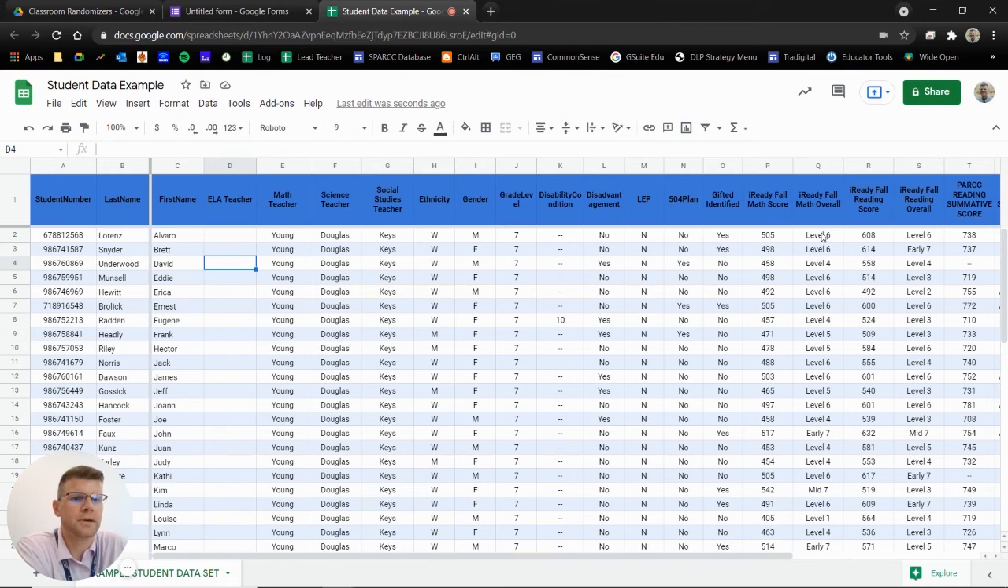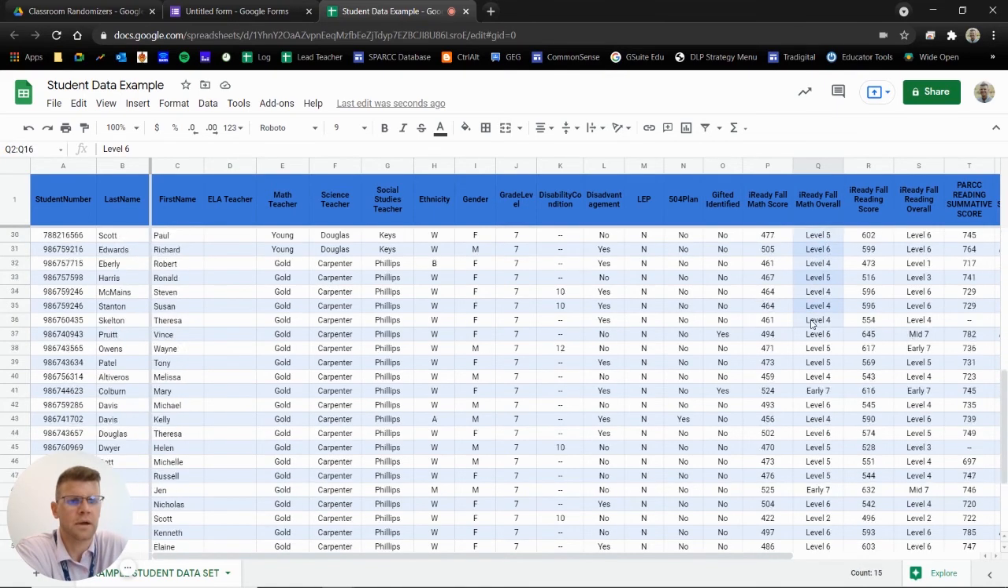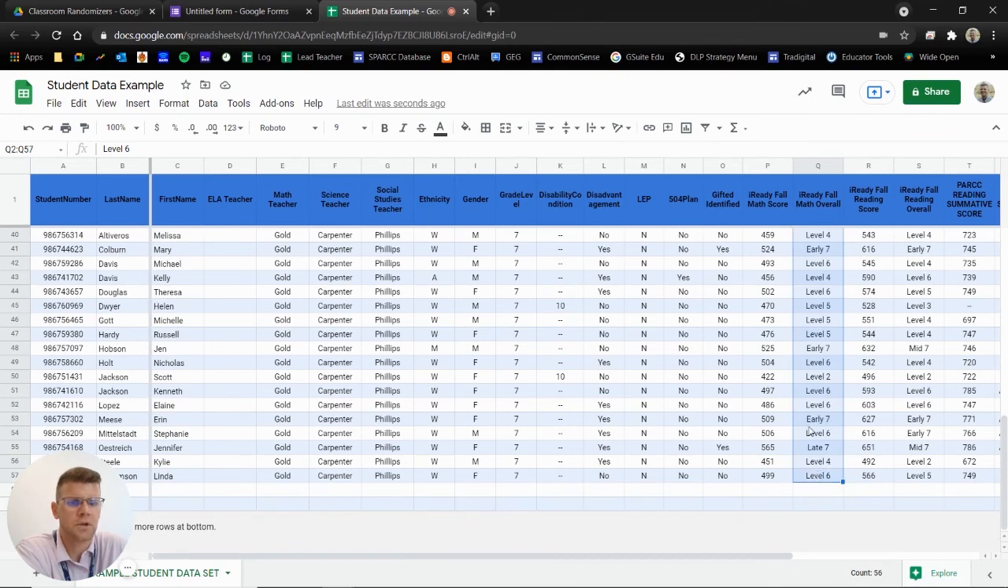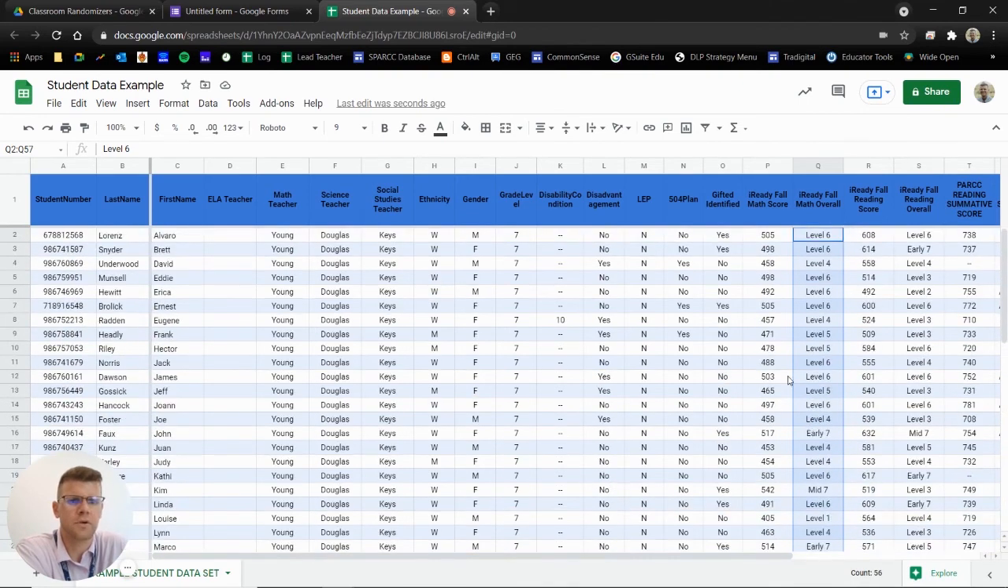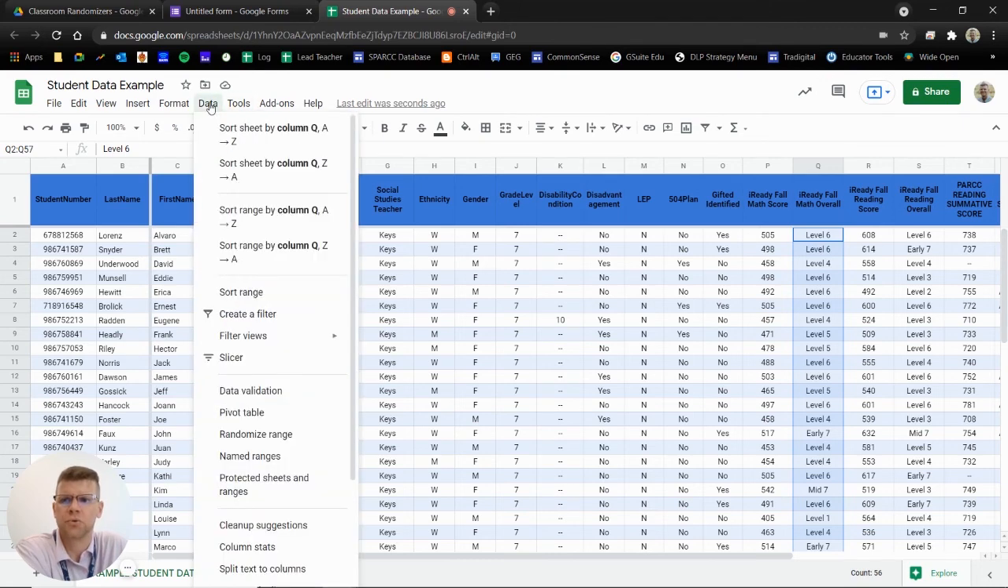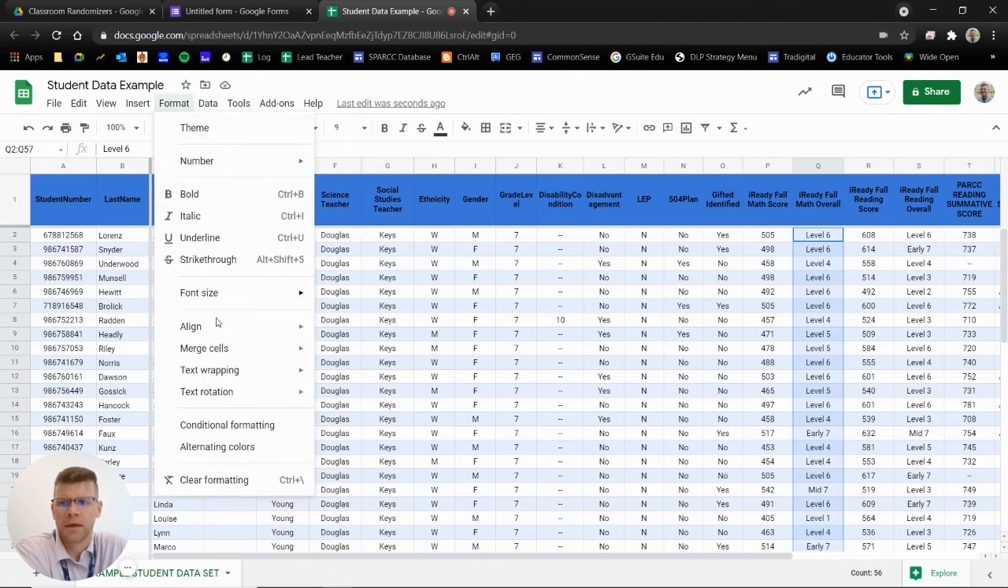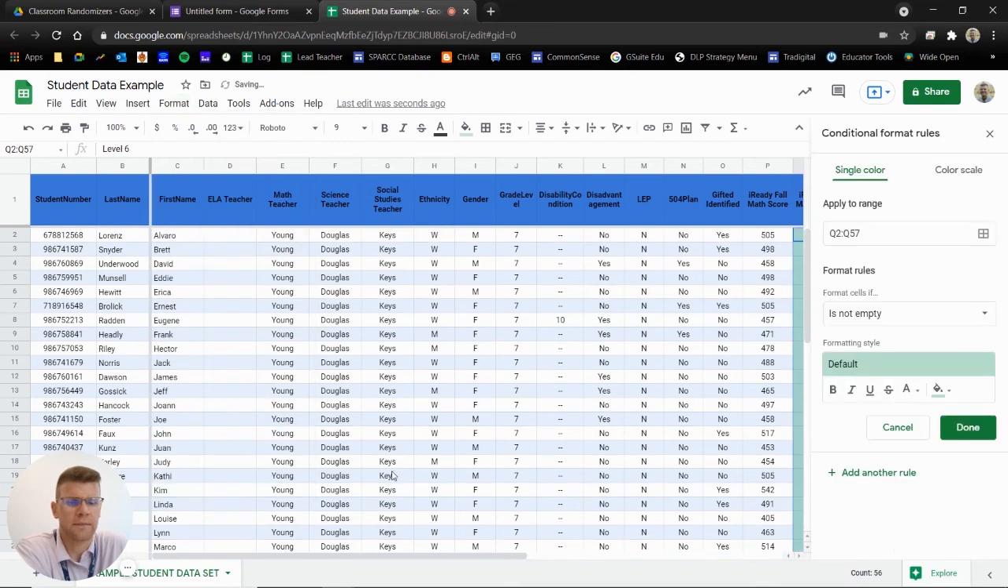So maybe I want to put a conditional on this. So what I'm going to do is select this whole area with a click and a drag. You'll notice that I've selected all of those because I can see that blue box around it. I'm going to go back up to my format, and I'm going to choose conditional formatting. I get a similar pop-up over here on the side